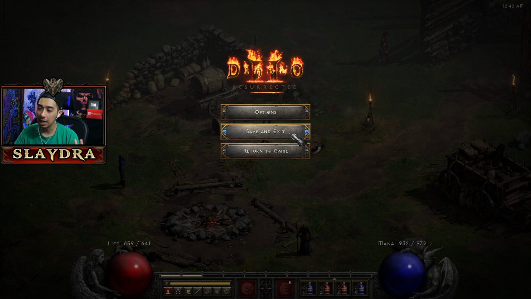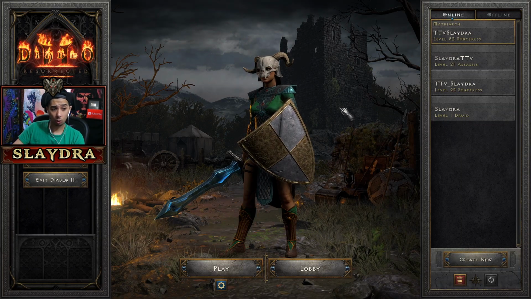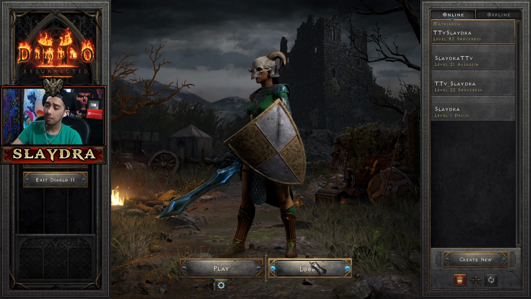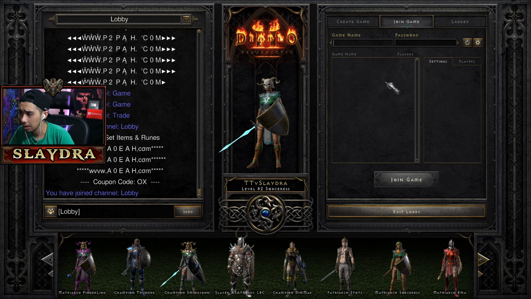You could PvP. I'm just going to go ahead and click save and exit so I can show you guys kind of what the lobbies will look like in Hell difficulty. There's also Discord groups that you can join that will have people trading items. So I'm going to select the Hell difficulty, and you'll see...